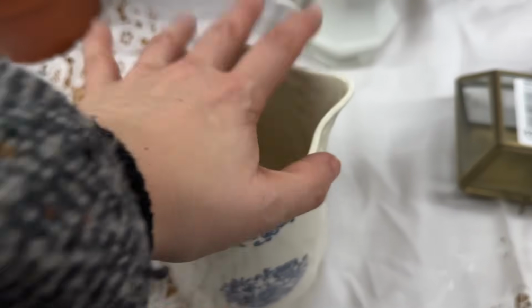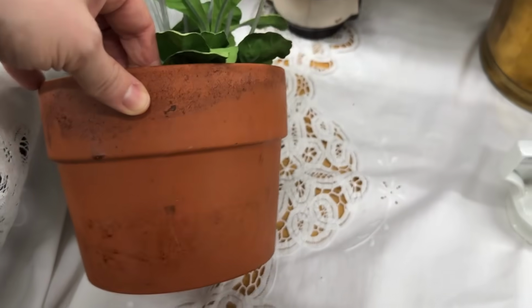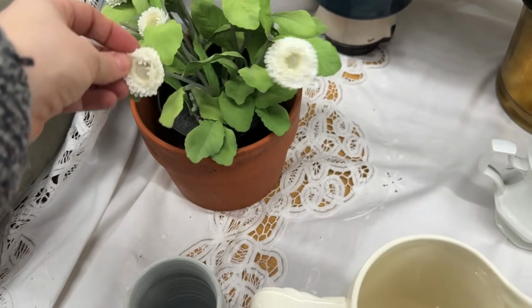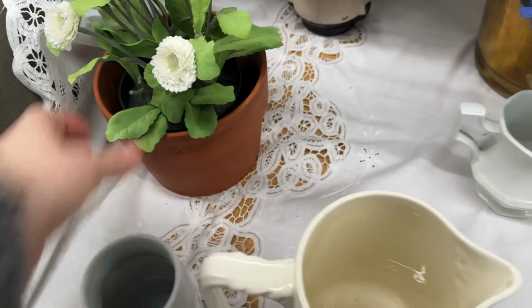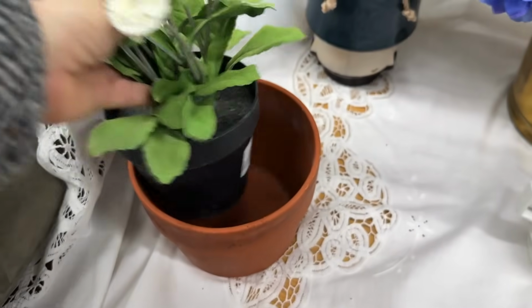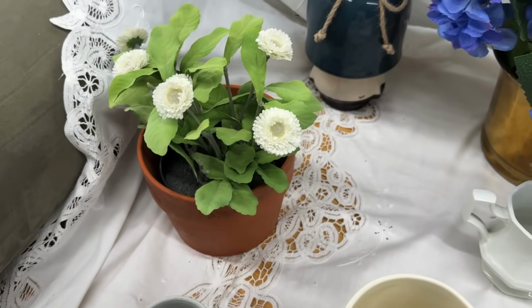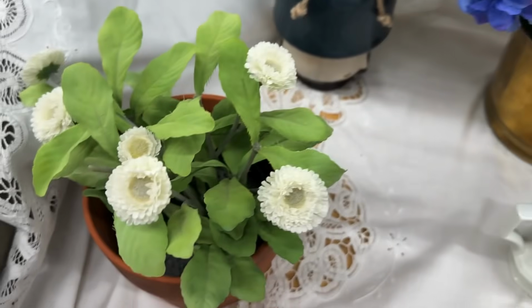Speaking of flowers, I actually found this terracotta pot, which is a rarity. I have not been having a lot of luck finding them lately, like the last year or so. They've been hard to find at the thrift store. I put this little flower inside. She's $3.99. She actually looks pretty good on camera, and that was just a quick little spring setup between